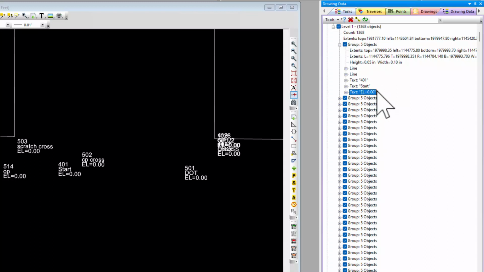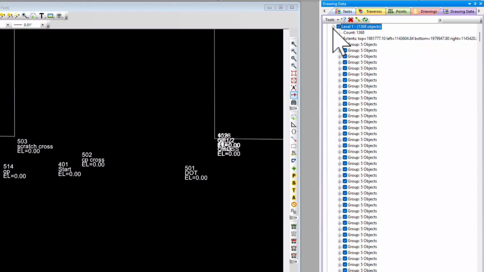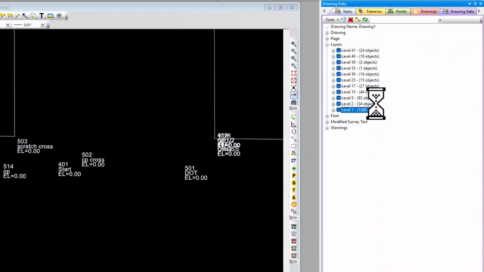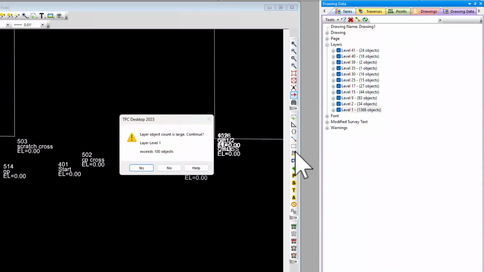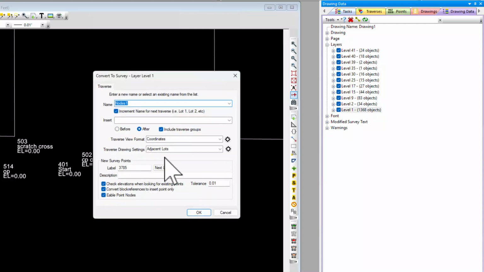So we want to bring these point nodes into Traverse PC. So I'm going to collapse this level. I'm going to right click it and just say convert to survey. So this is Traverse PC's convention to say I've got CAD information, in this case from a DGN file, and I want to convert that to survey. So we're converting the Eagle Point nodes here, but I could just as easily convert anything on a layer. Polylines, lines,